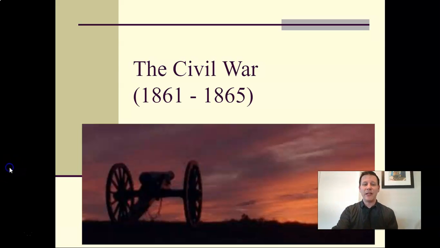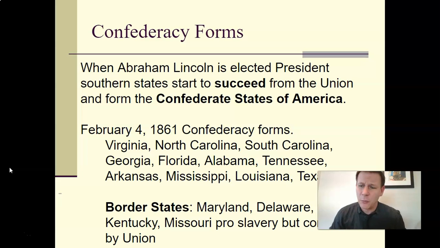So in my previous video, I had done one on events leading up to the Civil War, and it ended pretty much with Abraham Lincoln's election. Lincoln's election is what forms the Confederacy. It's that election that you start to see Southern states start to leave. No slaves have been taken away. No laws have been passed. It's just a simple presidential election that starts the Civil War or gets that ball rolling.